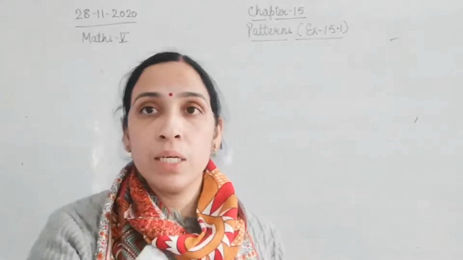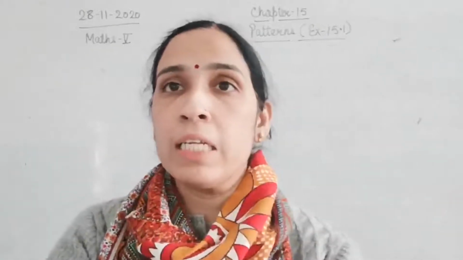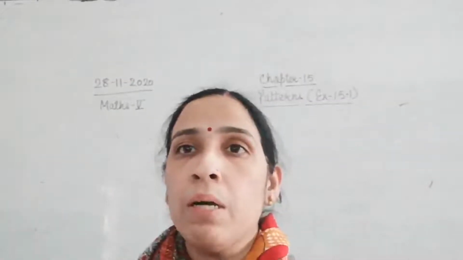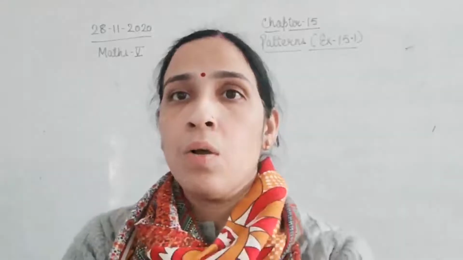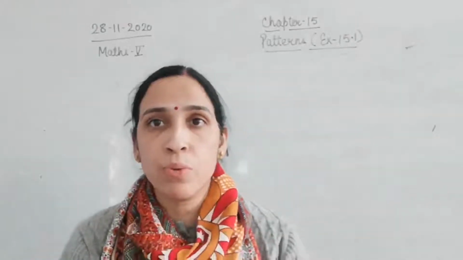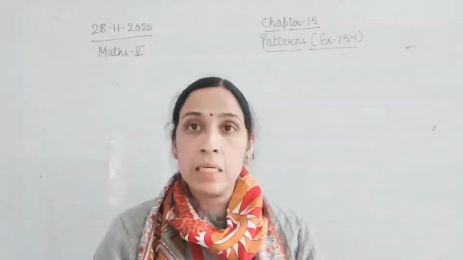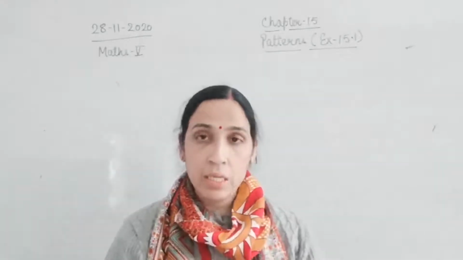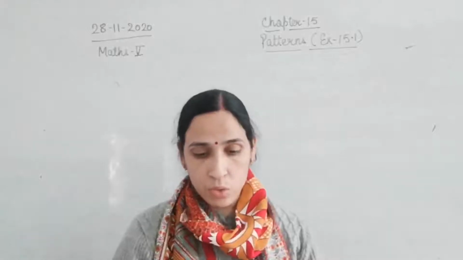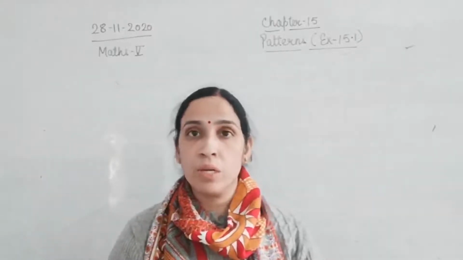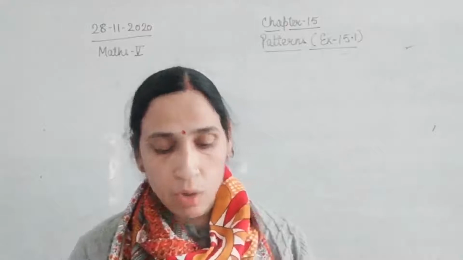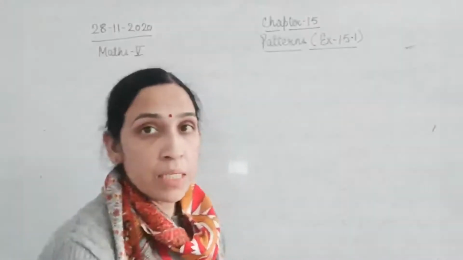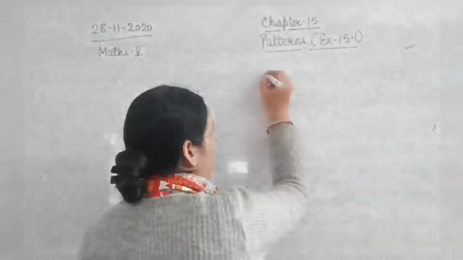Now we'll come to the next, B part, 143. 143 is not a square number. And 324, yes, is it a square number? So that you have to generally find out, nothing else. Now question number 9, find all square numbers between 60 and 120.